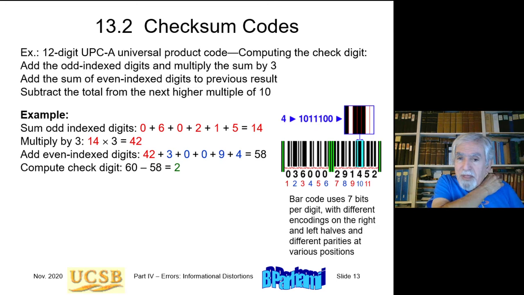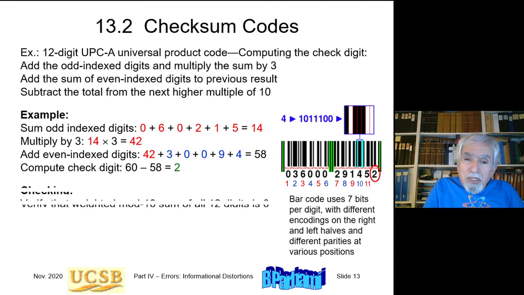So the process of error detection is do this calculation, but include also the check digit, which is an even index digit, so add 2 to this. So you get 60, which is a multiple of 10, and it says that there's no error. If it's not a multiple of 10, then you have an error. Now this particular code